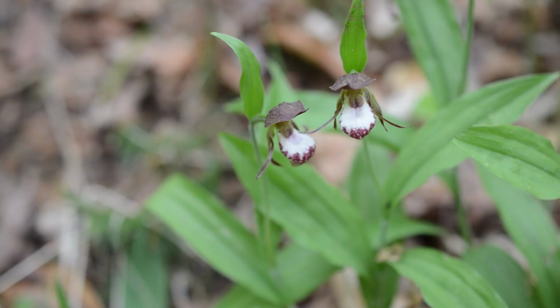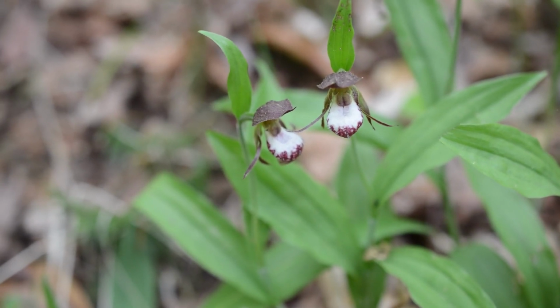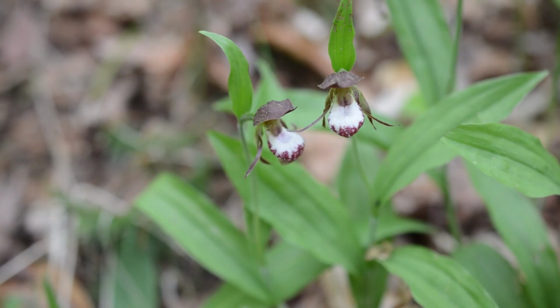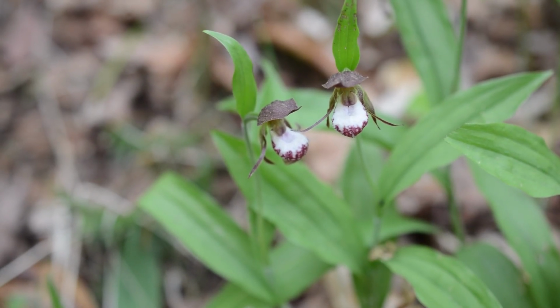Yeah, beautiful fragrance to this too. Smells very faintly of molasses, one of my favorites. Happy to see it again, not a new location for it, but just always happy to see it again. Talk about some of the co-occurring species here real quick, and then we'll go look at Cypripedium